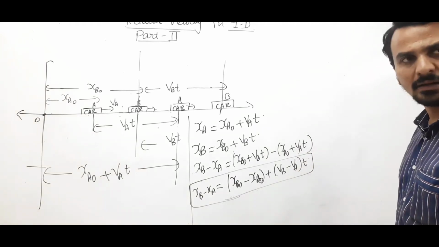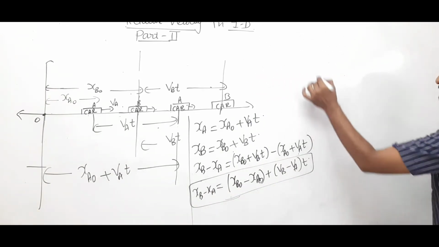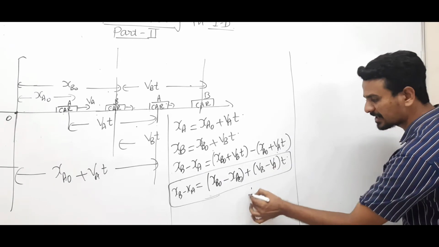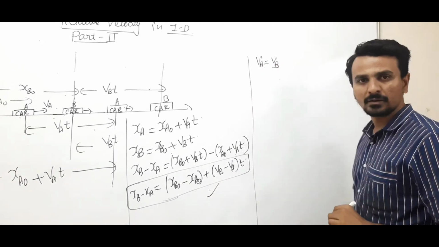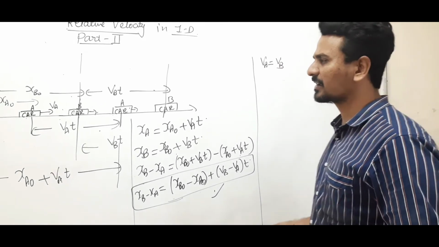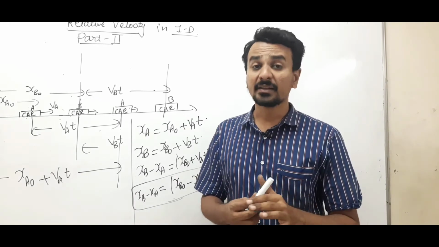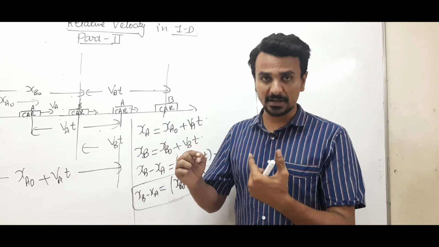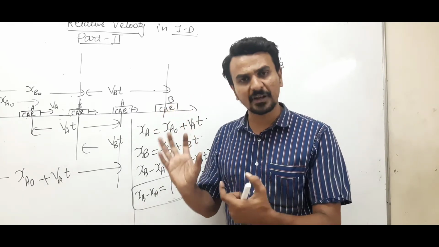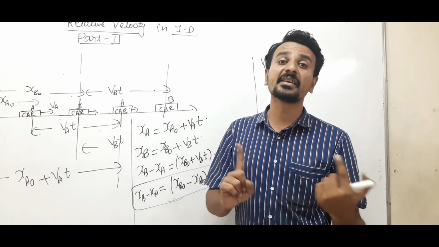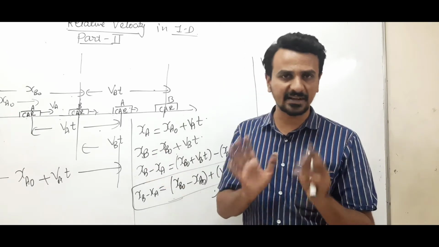Done? Now we will take a few cases and we will discuss the graph. See, this is the general formula. What if both are moving with the same speed, VA and VB? So it is very clear that if both the cars are moving with the same velocity, then the distance between the two cars, which was initially say 10 meters, will remain the same after any time t. Why? Because both are moving with the same velocities.